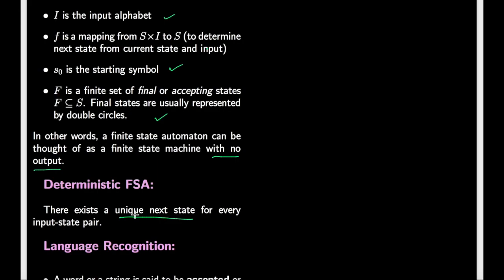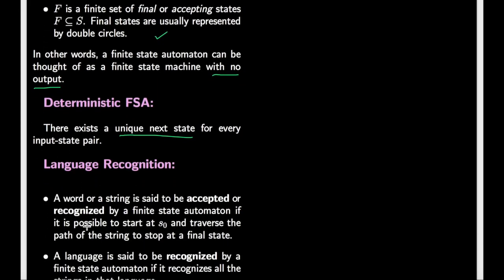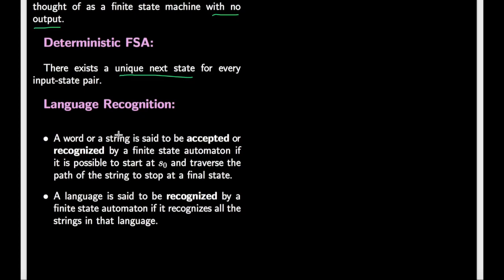Now we talk about language recognition. So let's see the definition. A word or string is said to be accepted or recognized by a finite state automaton if it is possible to start at S0 and traverse the path of the string to stop at a final state. A language is said to be recognized by a finite state machine if it recognizes all the strings in that language. So for example,